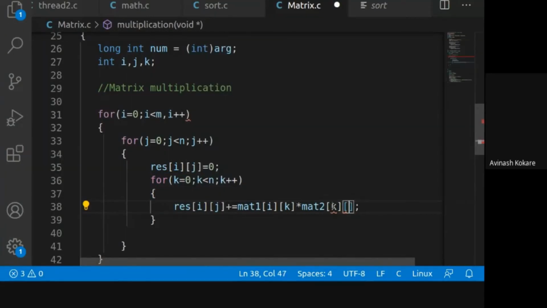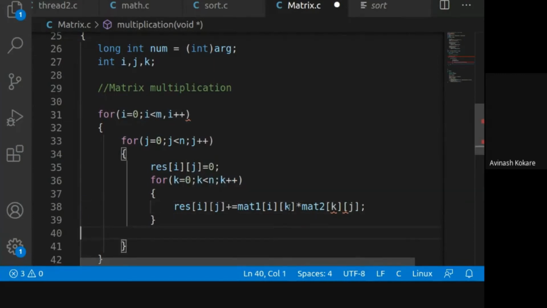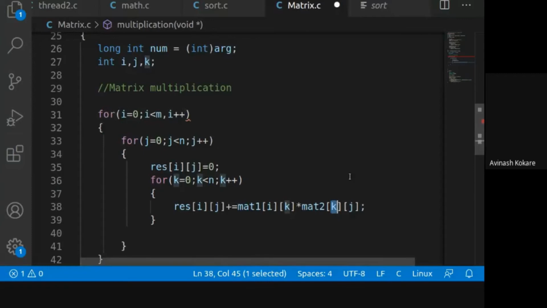Remember this, Kj. For the first matrix, the K index should be at the column place, and for the second matrix, the K index should be at the row place because for the second matrix the rows are changing: first row, second row, third row. So that's why it should be Kj. I hope you are getting this.